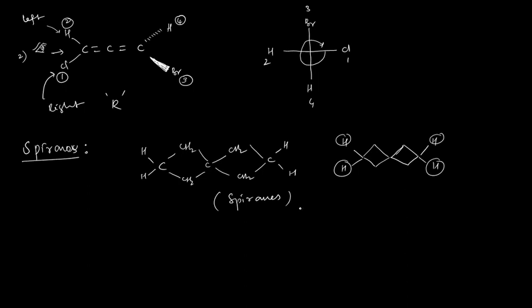Like allenes, when these 4 hydrogens are replaced with other groups, spiranes are also asymmetric or disymmetric, as in allenes. One more thing to remember: all these atoms are not planar, like allenes. Here also the two rings are not in one plane. Therefore these are twisted. These two rings are twisted rings.